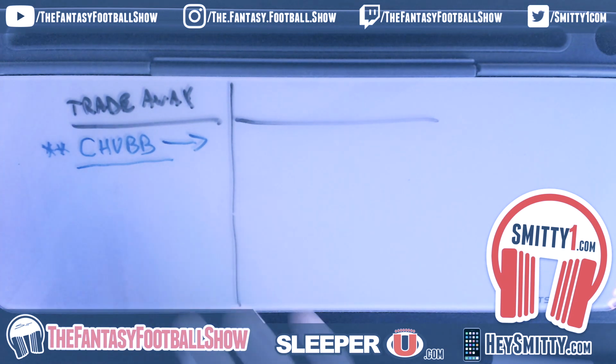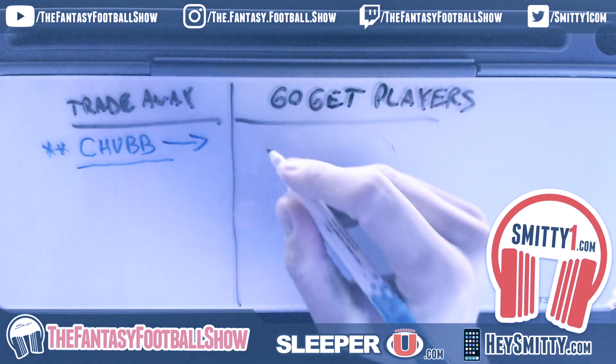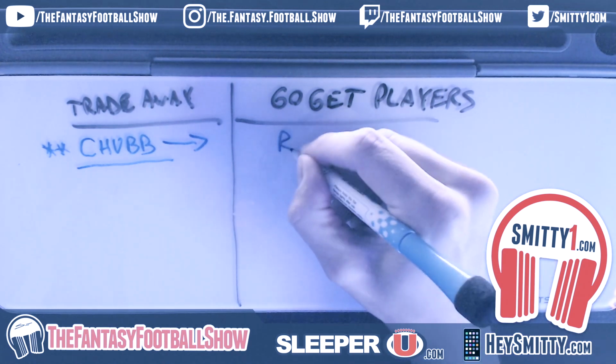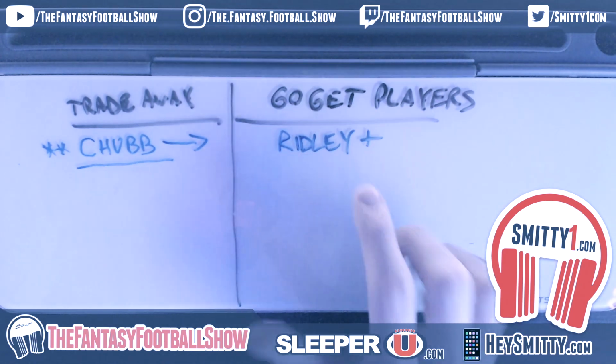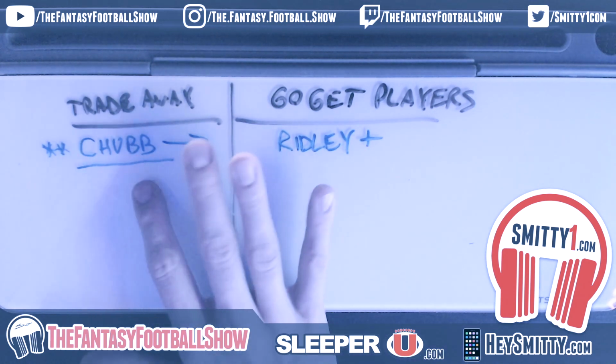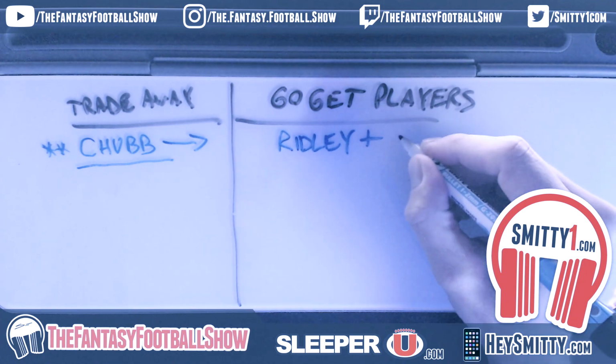Now, I don't trade Chubb straight up for a player that's ranked lower than Chubb. The first guy that comes to mind that I really, really like in dynasty, and I think his value is really low, a lot lower than it should be right now, is Ridley. While people know Ridley's got a ton of talent, and while people do know that there's some risk with Chubb, I think there's a lot of opportunity to try and add like a